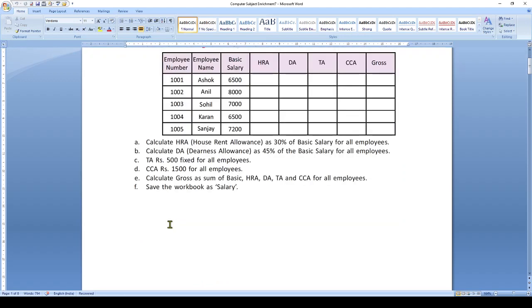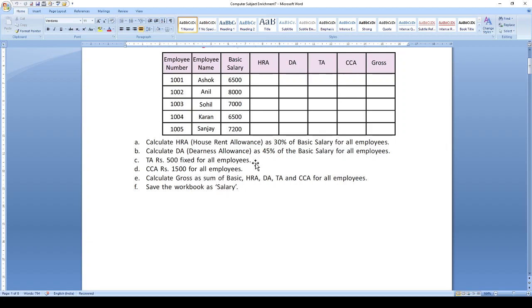And in the question it is written that HRA is 30% of the basic salary for all the employees. DA is 45% of the basic salary. TA is fixed at 500 rupees for all the employees. CCA is fixed at 1500 for all the employees.